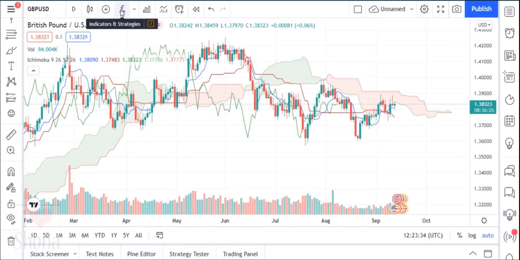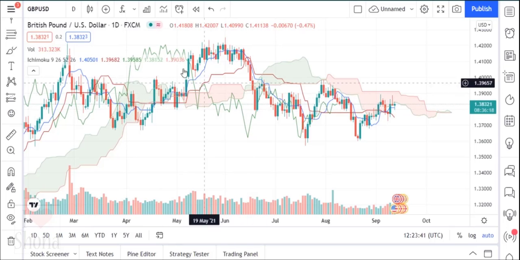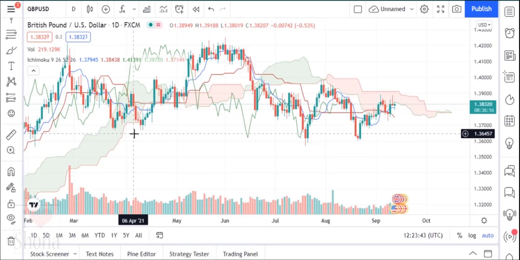You can go to the indicator part, search for it, and use it in your chart like any other indicator. For example, like a moving average, you can change the input of the indicator. As you can see in here we have